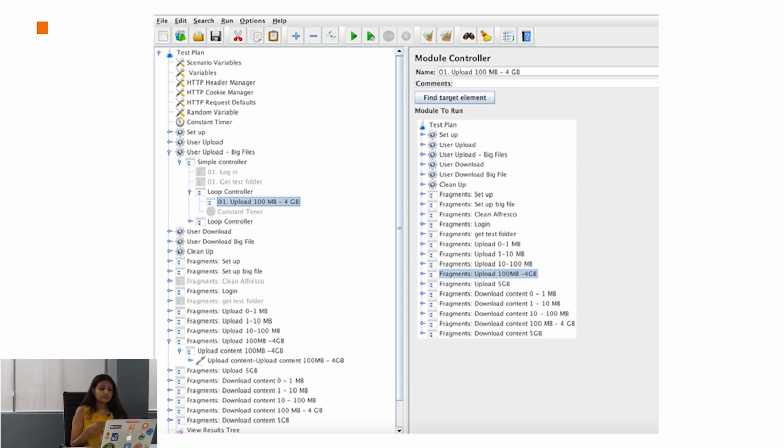So every time you want to use a particular call, you would be only adding a module controller, which I'll be showing in the demo as well, and then you would be selecting the particular fragment. That's like cake, right? Every time you will be just adding the module controller and selecting the fragment. So what you can do is organize all the test fragments at the end of the test plan and then reuse them whenever you need it. So that's quite a helpful